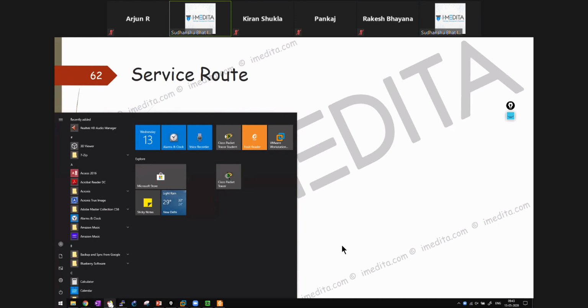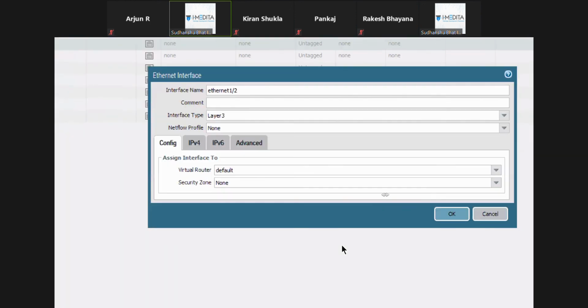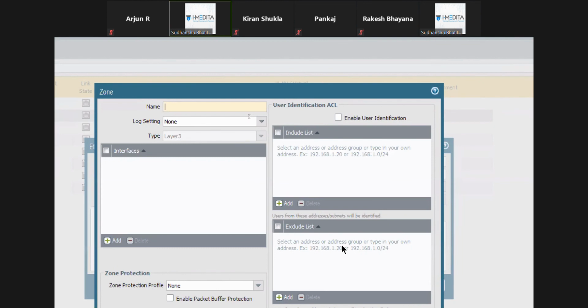So basically, let's give it any name for now. Click on this. Let's give it any name, inside. And people who are coming from the Cisco background, if you are coming from ASA background, there is no concept of security level or anything like that.